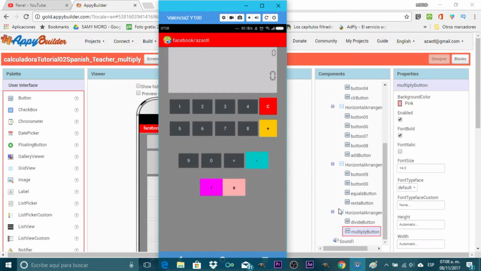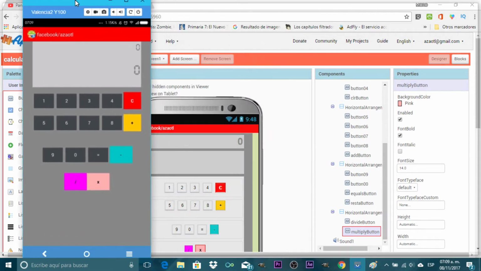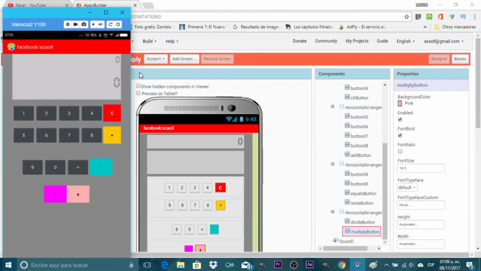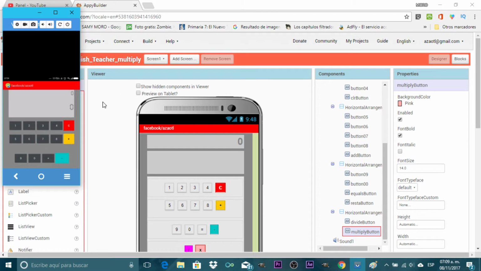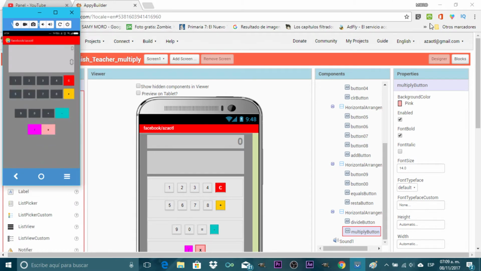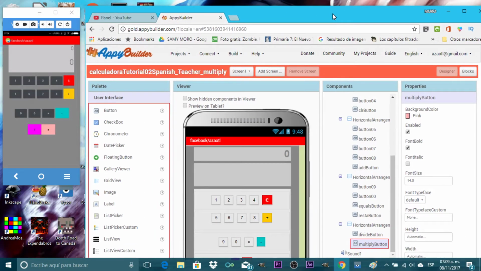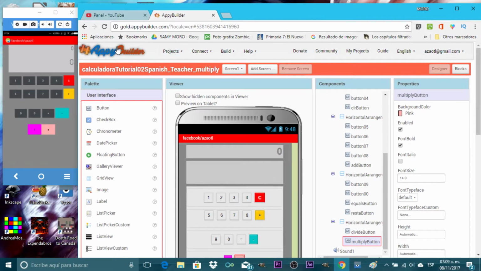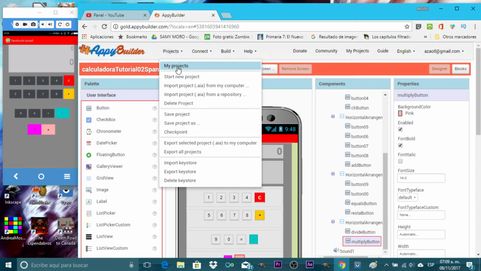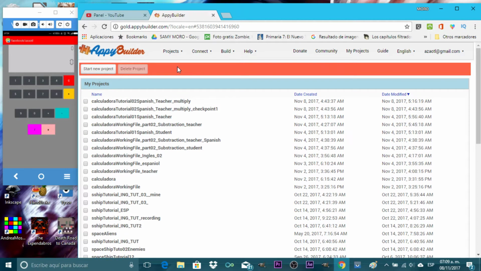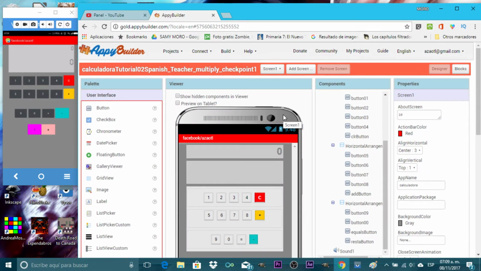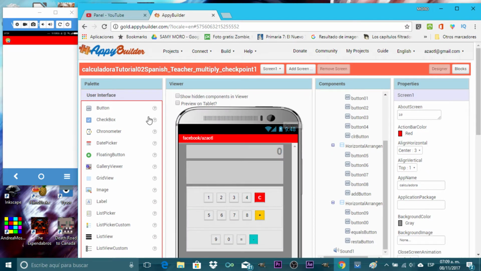So let's start. For this tutorial I'm going to share with you the procedure, the source file, so you can start here. Let's start by opening this. Let me just scale. We're going to go to projects, and then I'm going to select this one, multiply checkpoint, and in this file,